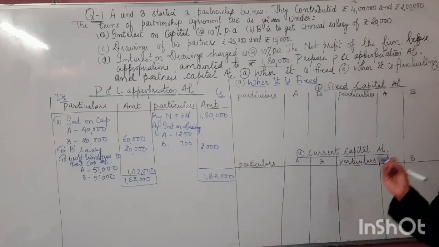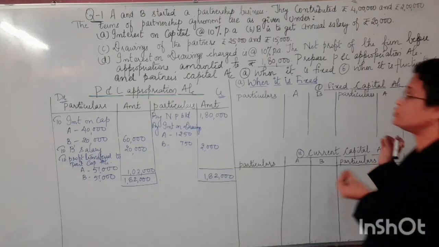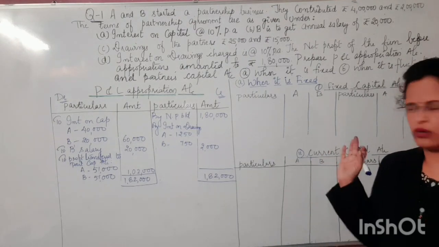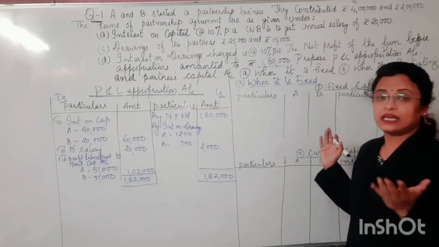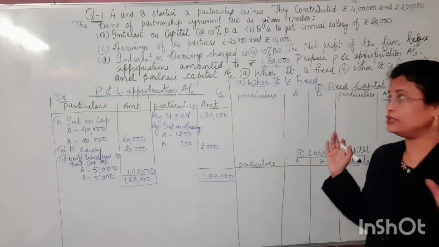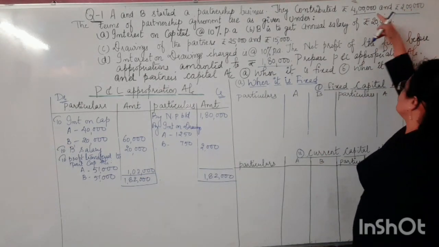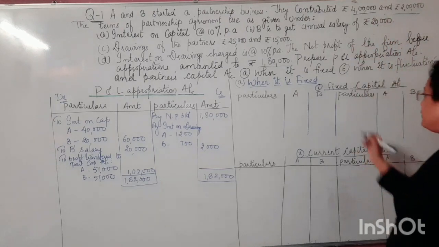It contains only the three things. One is the initial capital invested, if the capital is introduced, or if the capital is withdrawn. Okay, so we cannot find anything as the capital withdrawn or the capital introduced here, but we can find the capital being contributed by the two partners being given to us, that we will be writing here.